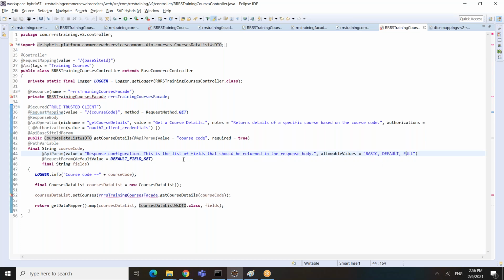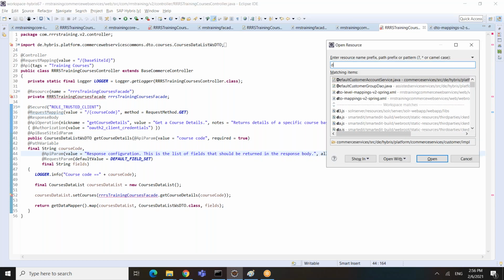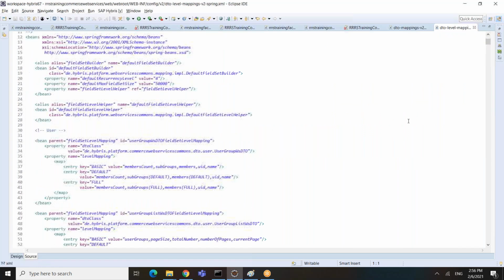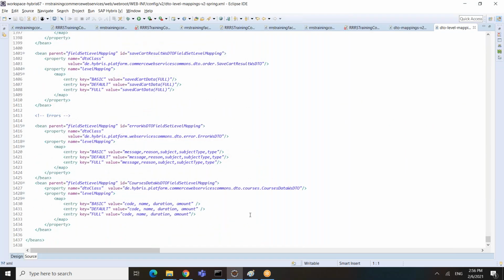So what the meaning of this one is, if you look at this level of mapping XML file, in this mapping file, I'm saying the destination class is courses data WSDTO, which means the API is returning this object.